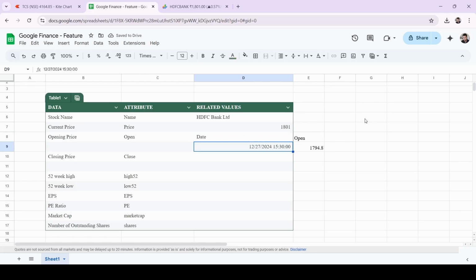Yeah, here you can find the date, which is 27/12/2024. The opening price of yesterday is, so yesterday the HDFC Bank stock price opened at 1794.80 paise. Similarly, I will be passing the closing price as well, same, equal to